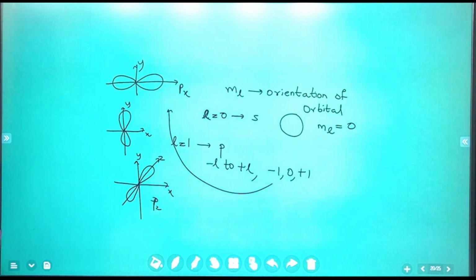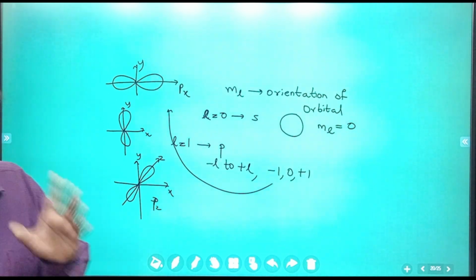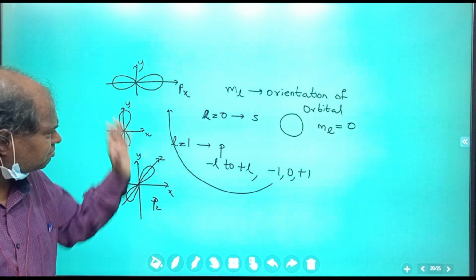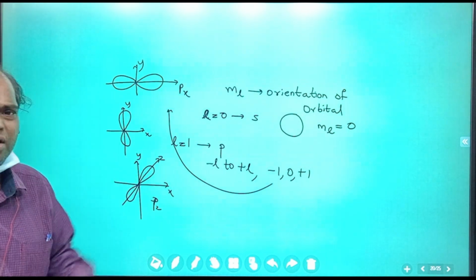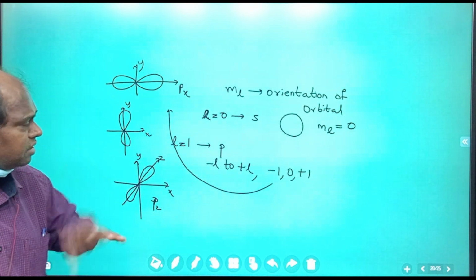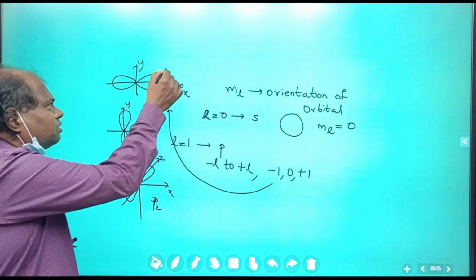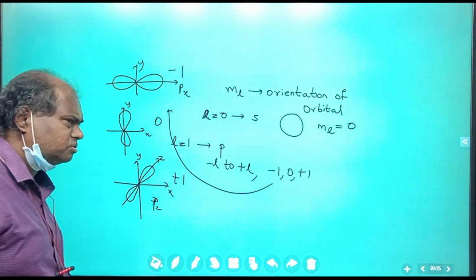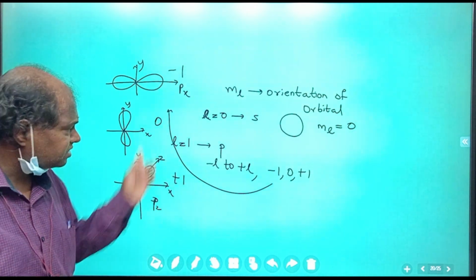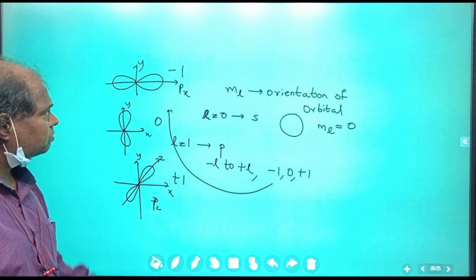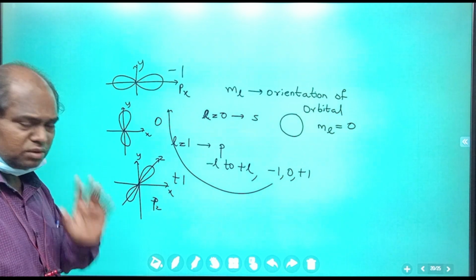Now, students, very, very important point. You can give any number to any one of them. You can give minus 1 to anybody, you can give 0 to anybody. Although some books will say that minus 1 is nothing like that. You can give any number. Suppose I give minus 1 to this, then I should give 0 and plus 1. Any number you can give, not an issue. But of course, don't give the same number. Very, very important. So minus 1, 0, plus 1.